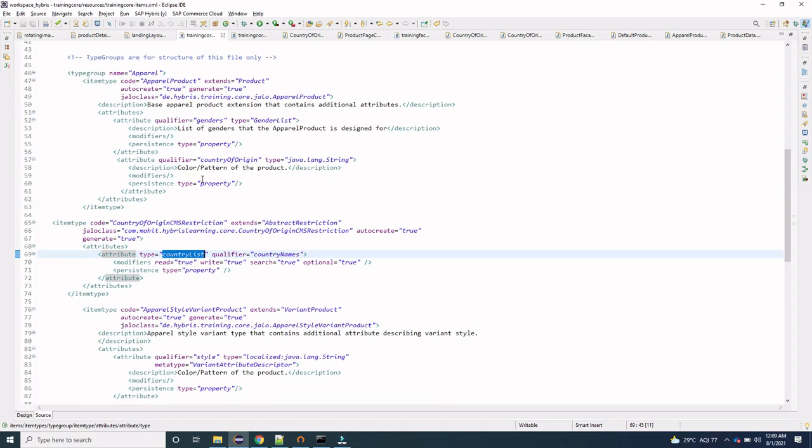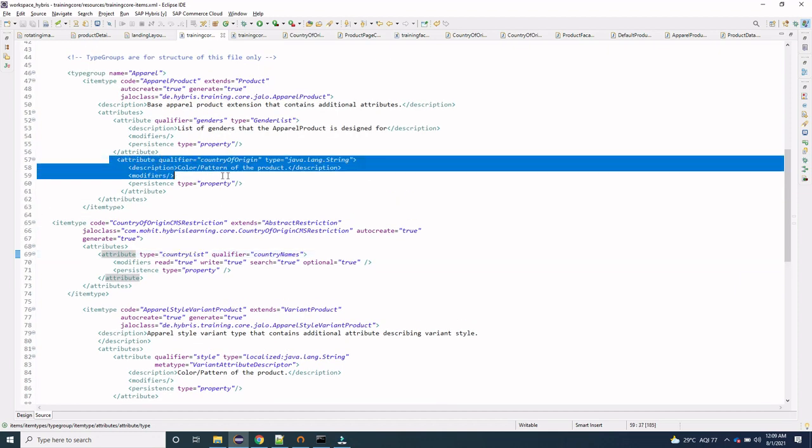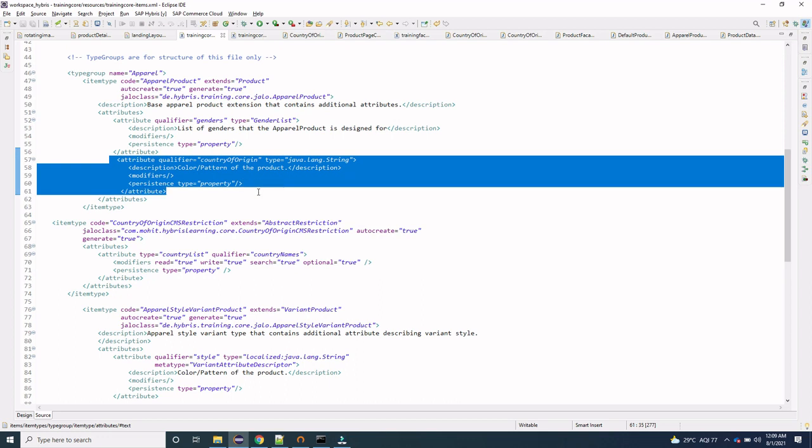And then what else we did is, in the product we have defined this country of origin. Why have we defined this country of origin?